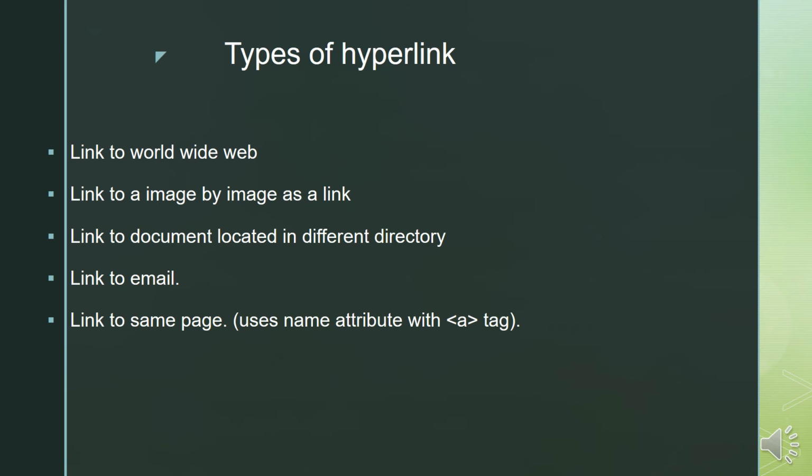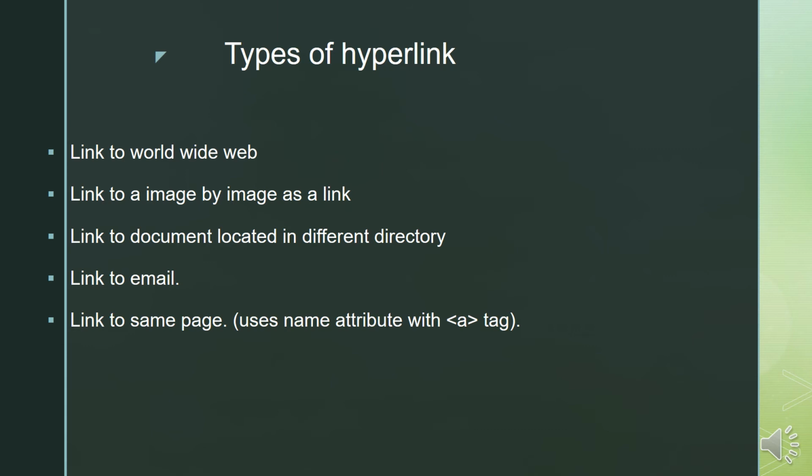Next one is image as a link. You must have seen on your web browser, on the WWW, small images which come as reference images when you search for an image. When you click on those small images, bigger images appear. How is it done?